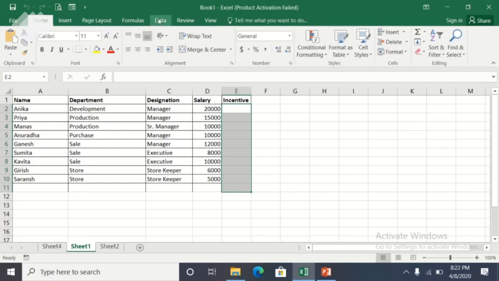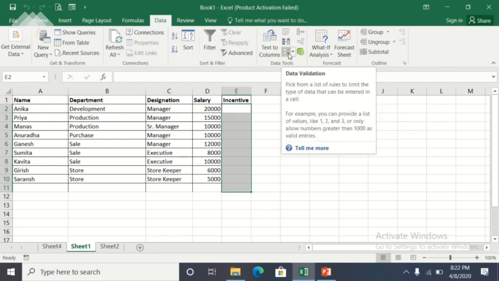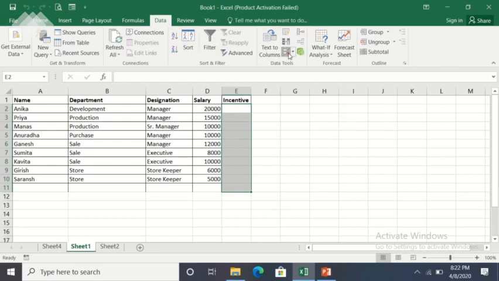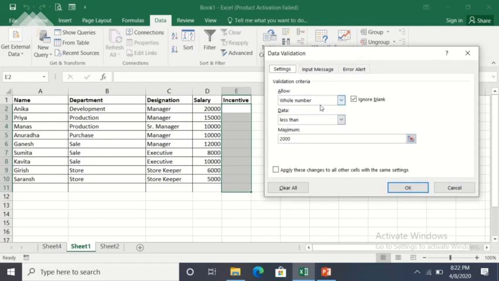Now go to the data tab. In the data tab you will find this, here in the data tools, the data validation option. Click on this. When you click on it, a window will open. Now in this window we are going to set the standards that we want. Like, you want to allow any value to be entered in the cell, or you want to allow whole numbers to be entered, or a decimal, or a list, or a time or date. Whatever you want the user to enter in that cell, you will define that.